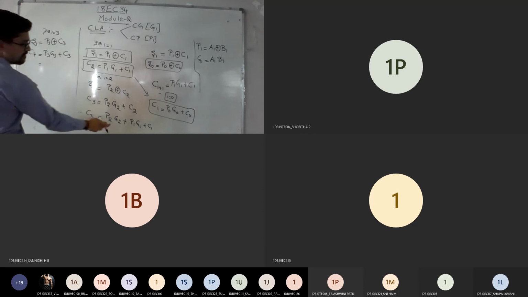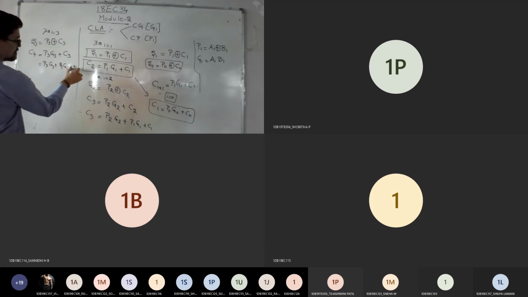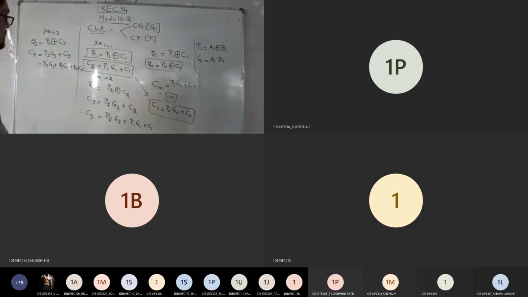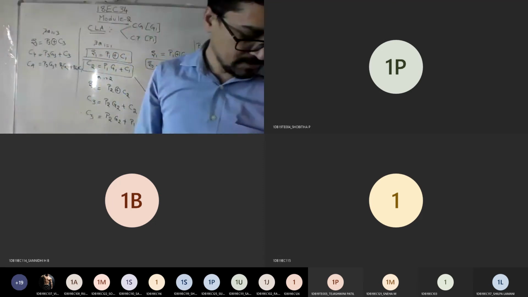So what is C3? From this, substitute here: P3 G3 plus P2 G2 plus P1 G1 plus C1. Is it correct what I wrote? Yes, sir. So this is your C4. Now look at that C4 and tell me clearly.